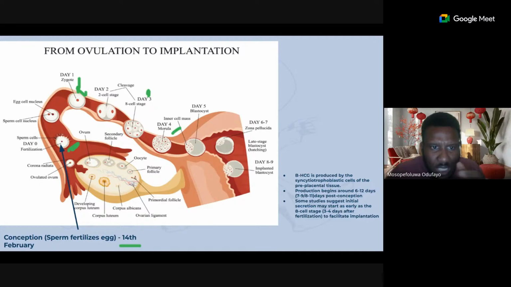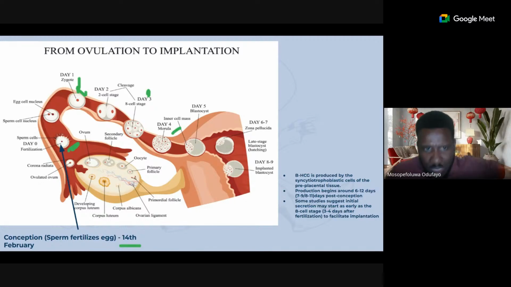And then that huge cell mass moves to one end of the developing embryo, but at this stage we know it as the blastocyst. So you have fluid over here, and then you have all those cell masses, and then you have this one surrounding it. And then around 6 to 7 days after conception, which is 2 weeks after the last menstrual period,